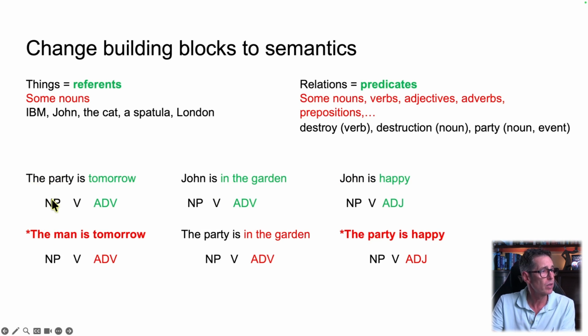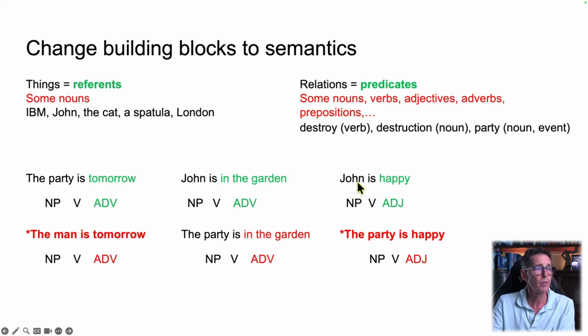Notice here, we've got noun phrase, verb, adverbial, which is tomorrow. If I substitute in for the noun phrase, the man is tomorrow. What's that mean? I don't know. Should I assume that it has the same meaning as this somehow and try and work it out? I mean, semantics don't allow that to work. Well, not if you're saying the man, but another noun, the party, it's okay. How about this one? John is in the garden. The party is in the garden. Yeah, that sounds okay. So events, the same as people, can be positioned in space. So this one is now valid.